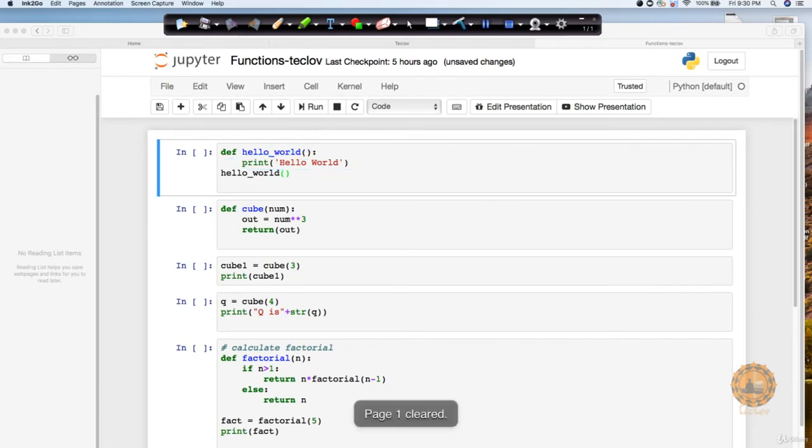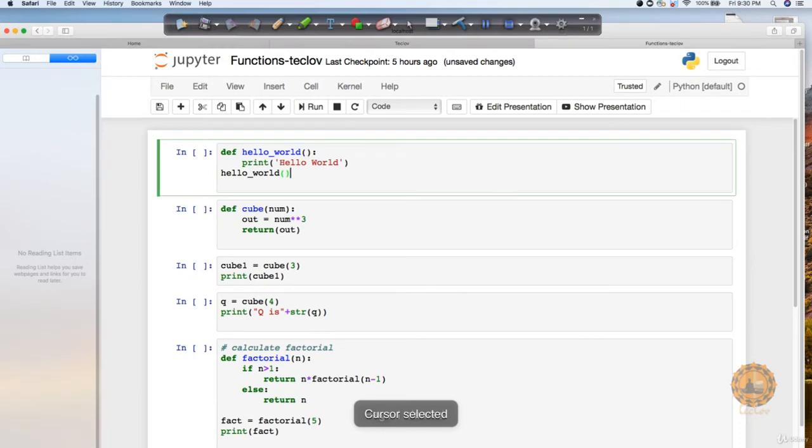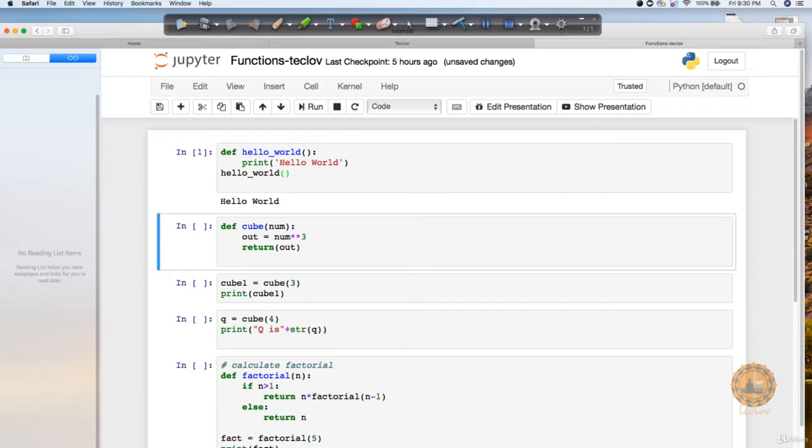Let's execute and see this code. You can see that I just called hello_world and it printed hello world, which is in my print statement. This is how you can define and call a function. If you want, I can also remove this from here; it's not mandatory that I add it here.